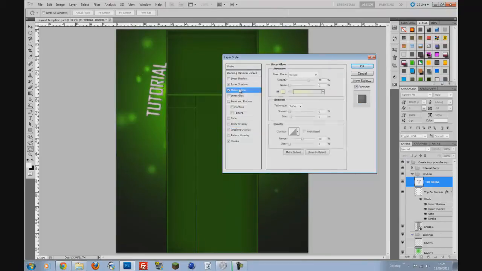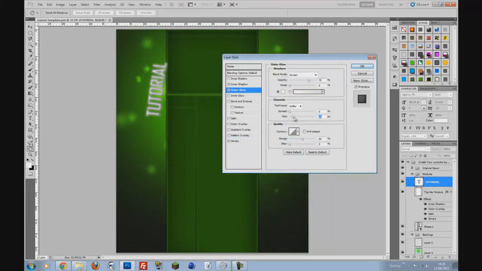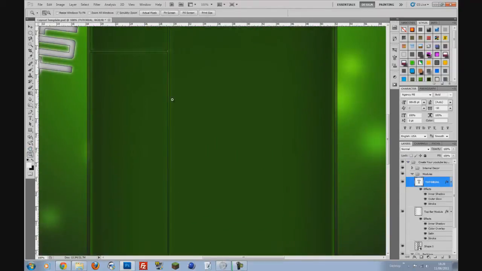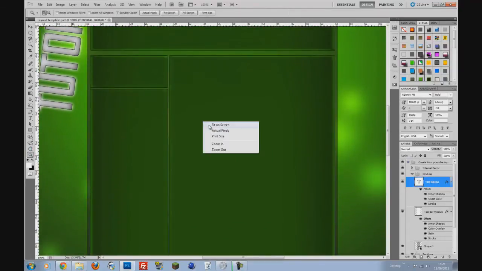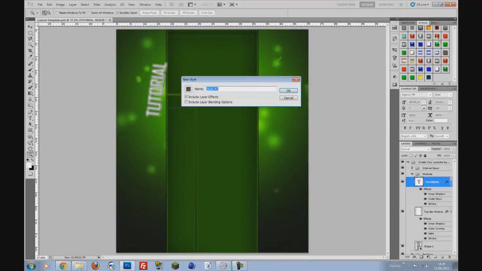Outer glow. I'm going to make that white too. I'm going to make the size of it maybe 16 pixels around about. I'm going to leave that at that. So that says tutorial. And if you want the exact same effect, you just go into your styles and you